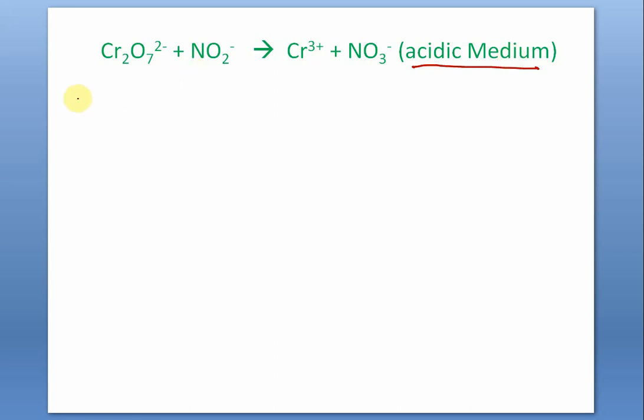Let us start. Let us take up oxidation first. We cannot restrict ourselves, we will not always be taking up reduction first. Let us take the oxidation step first. Can you tell me which ion has undergone oxidation? Just have a look. Mentally calculate the oxidation number and then tell me which ion has undergone oxidation.